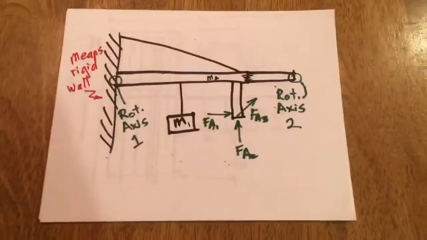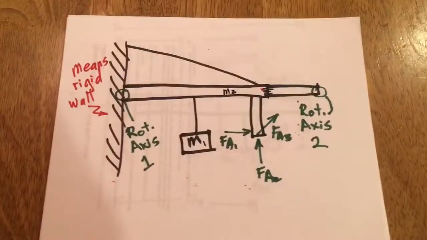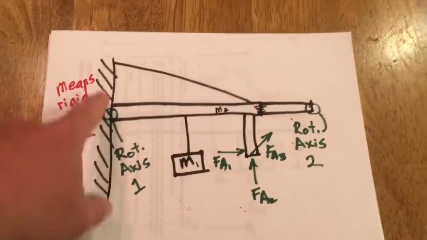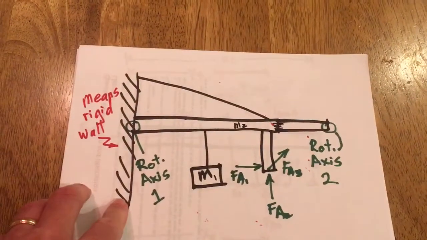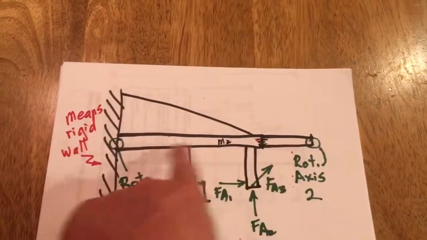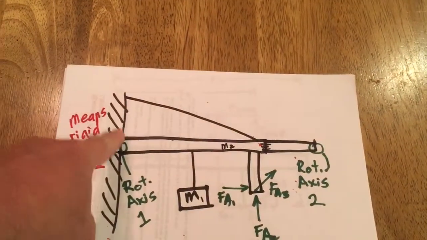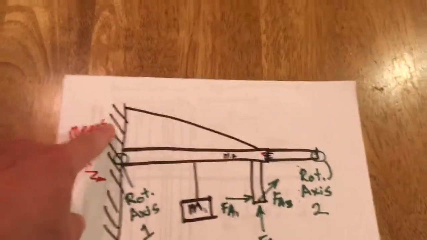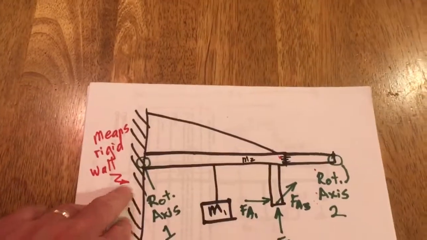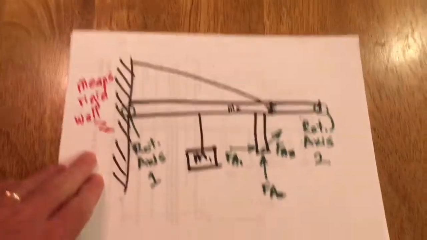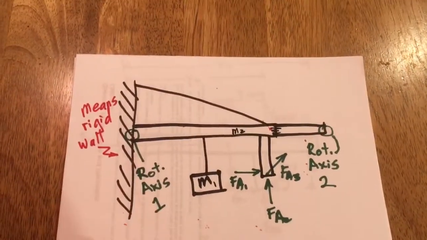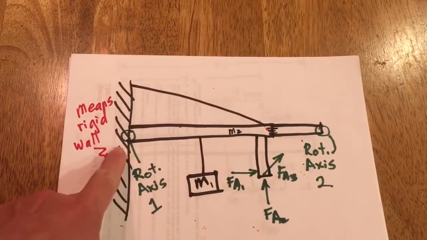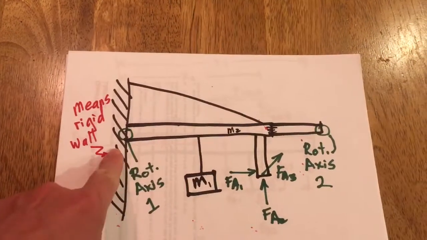Okay, so here's some basics on torque. Oftentimes you'll have a steel beam or a similar beam attached to a wall, and this symbol here just means that it's a rigid wall. It's fixed. It's not going anywhere. Okay, and for this we're going to be working with rotational axis number 1, but you